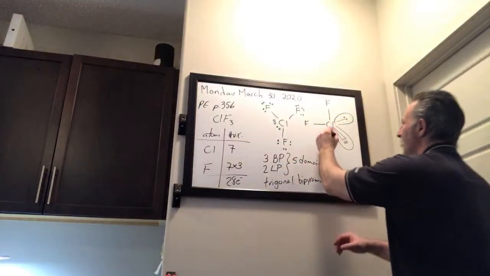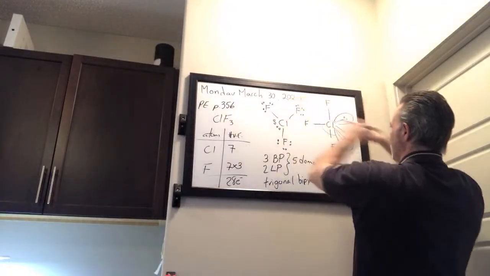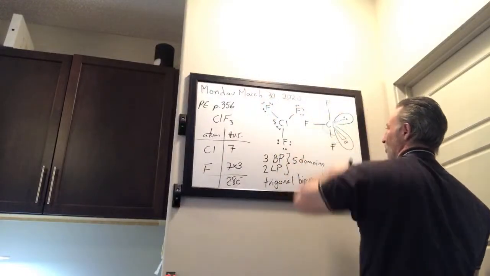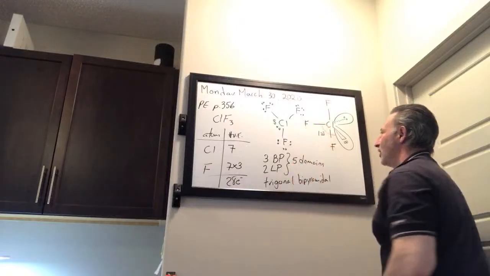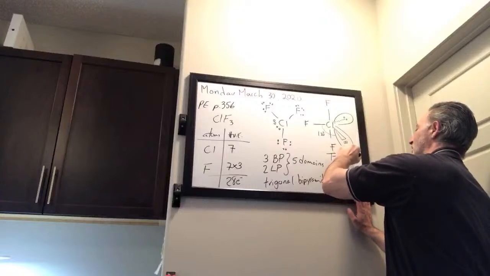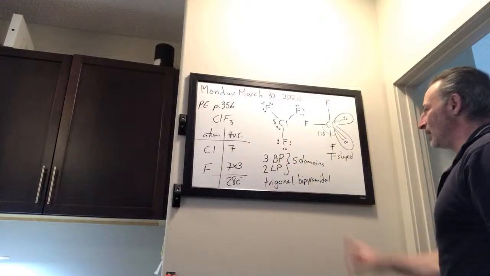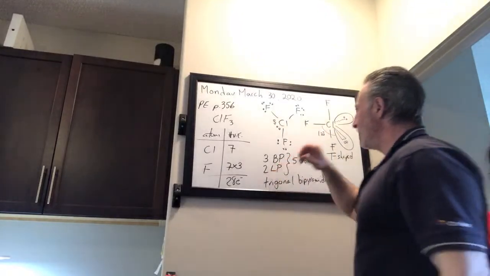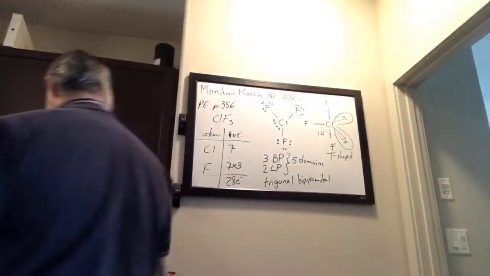So the bond angles at the equatorial plane, which means they're here. There's one sticking out like that, one sticking out like that, and one going behind. And then there's fluorine up and fluorine down. The bond angle here is 120. Okay, and they call that T-shaped. And that's what you get when you have 5 domains, but 2 lone pairs. Okay? The other example is